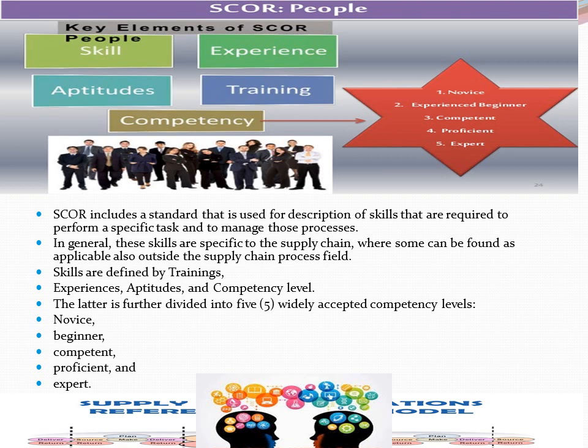So these give us novice, which means new or doesn't know anything. Then beginner, of course, you just did the degree and came into the work. And then competent, you are well versed in doing the work. Then proficient, meaning you are super, and then expert. So these are the different degrees of your expertise or knowledge according to the SCOR model. When you are interviewing someone, you should see in what category your candidate falls. So these are the things you have to see.